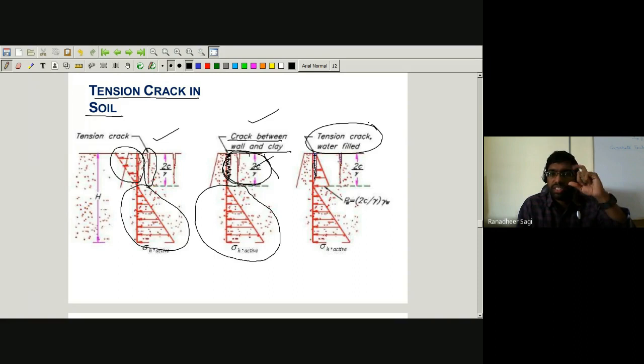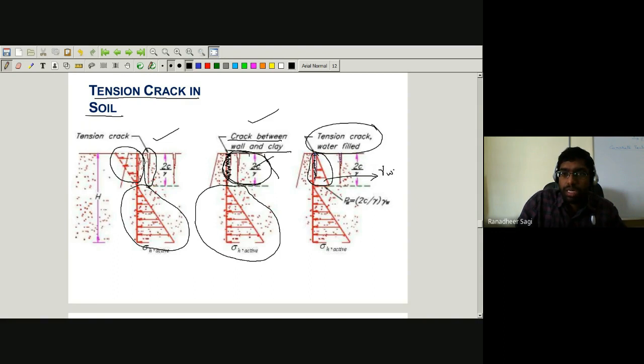I repeat, over a depth of ZC, you are going to look at the pore water pressure distribution diagram, or rather earth pressure. It should not typically be called earth pressure now, it should be called pore pressure, because of the water which is directly in contact with your retaining wall surface now. So water will be exerting some pressure on the surface of the retaining wall over a depth ZC. And what is going to be the distribution diagram for this region? If you want to understand how it varies over that depth, it is equal to